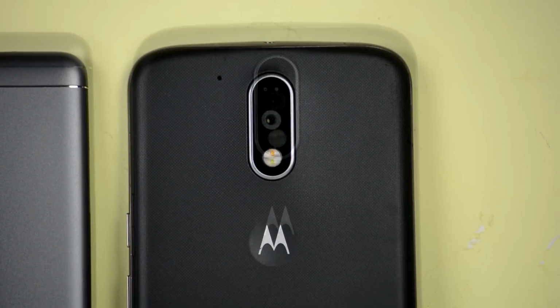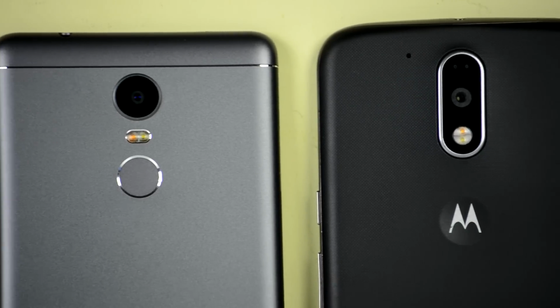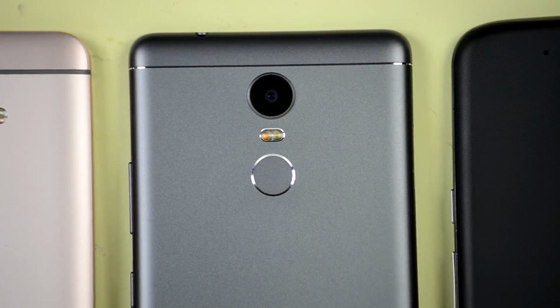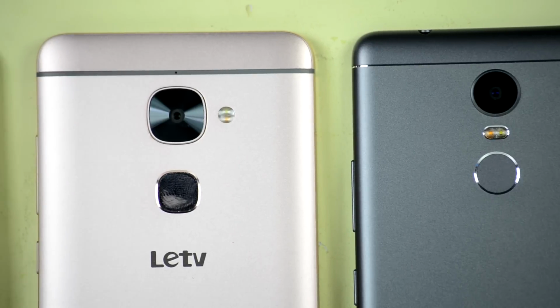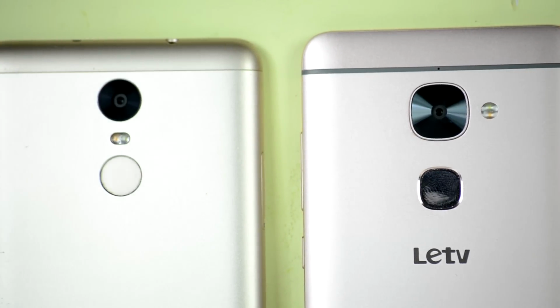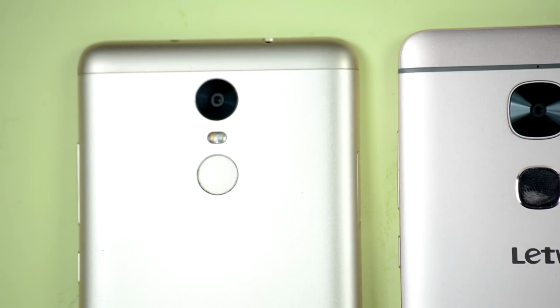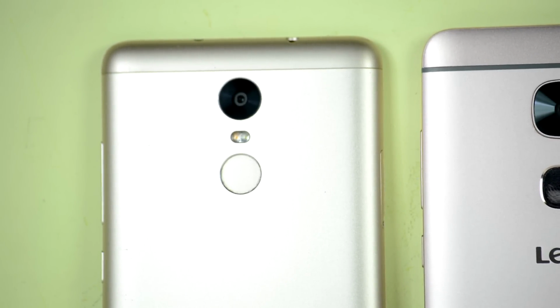Moving towards the top of the phone, and we have the Moto G4 Plus with its laser autofocus assist camera, Moto branding, Lenovo as well with dual LED flash, fingerprint sensor at the back, LeEco LE2, fingerprint sensor at the back, the camera and plastic as well for the Lenovo and LE2, and Xiaomi Redmi Note 3, the fingerprint sensor at the back, the camera at the back and a little bit of piece of plastic as well. These plastic parts are for the antennas so that the signal can pass through and we don't have any problem